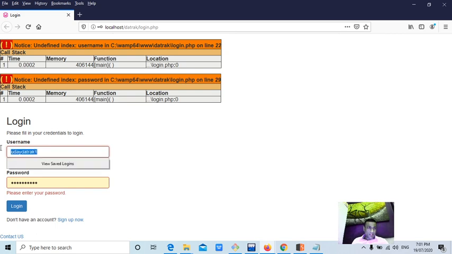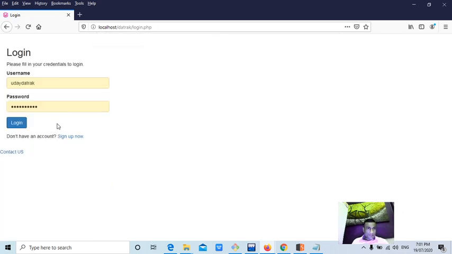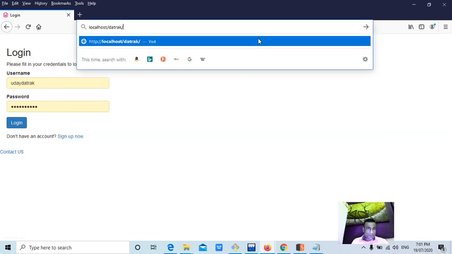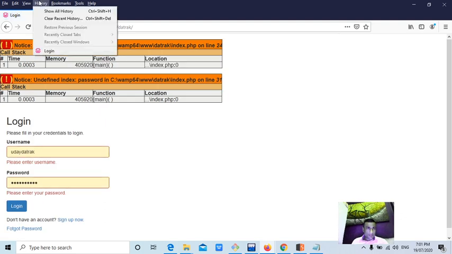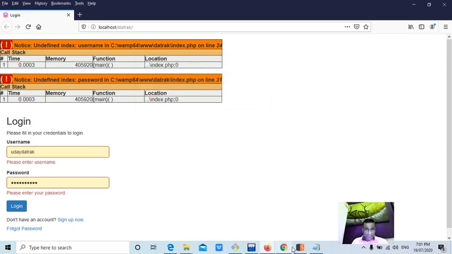Now if I enter the username and password, it should definitely create the cookie, like Set-Cookie for the login page. Sorry, what happened? Let me clear once again. I didn't log in, maybe I entered a wrong password.